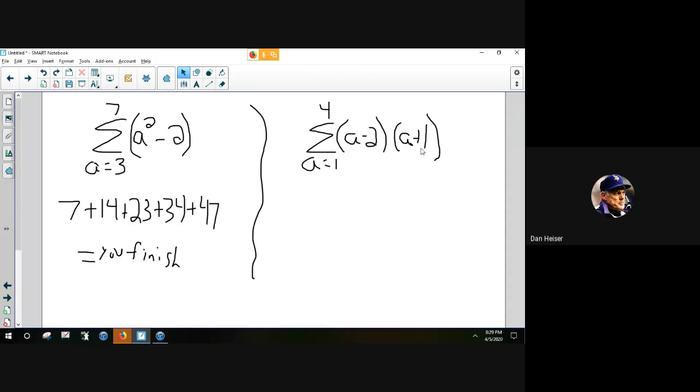We can have a series that looks like this. Add up the numbers from 1 to 4. Let's start plugging things in and see what happens. Plug in 1. Here I get negative 1. Here I get 2. Negative 1 times 2. Plug in 2. And we see immediately we will get 0. Plug in 3. We get 1 times 4. Plug in 4, and we get 2 times 5. Add these terms up,